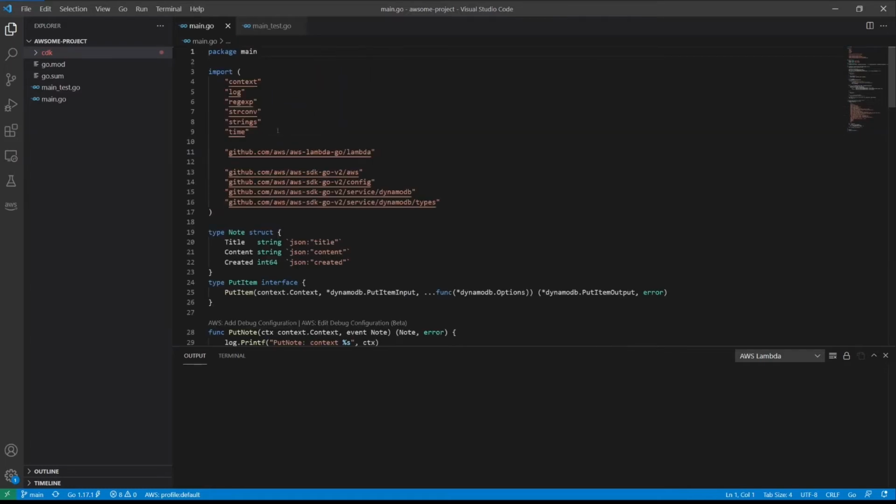If we look at the top, we'll see that we have the Lambda import here from AWS Lambda. And we'll see that we're using the AWS SDK. We'll get into a lot more detail here in a little bit on that piece of it. But let's take a look first at the issue at hand.